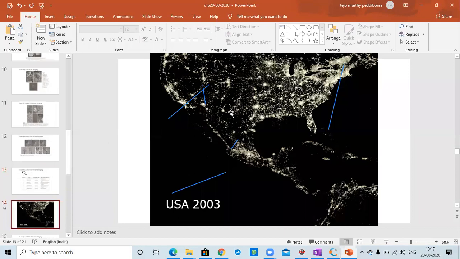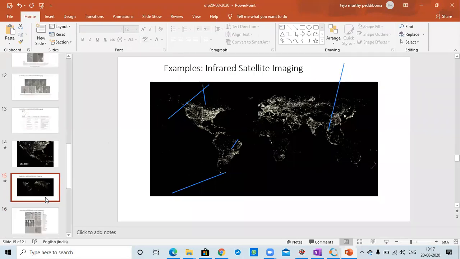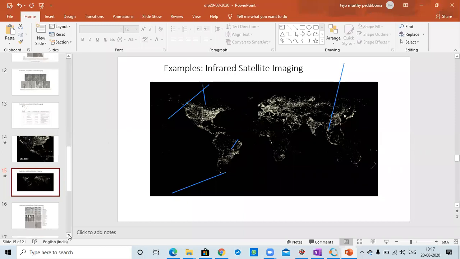And you can find that NASA has given the satellite images, and you can obtain these images even from the NASA website, or otherwise you can obtain them from the Bhuvan website. Bhuvan is an Indian platform. They also give images. Image database is available on the Bhuvan website also. You can download it.